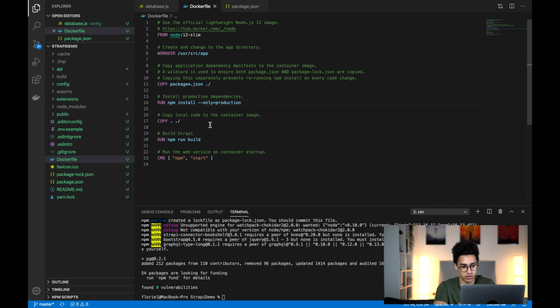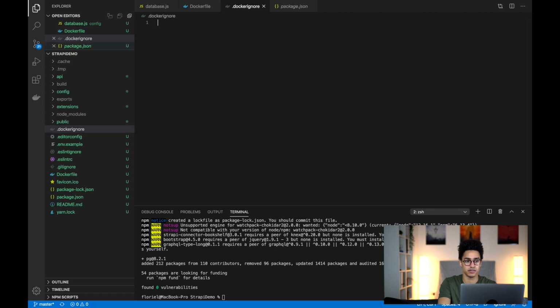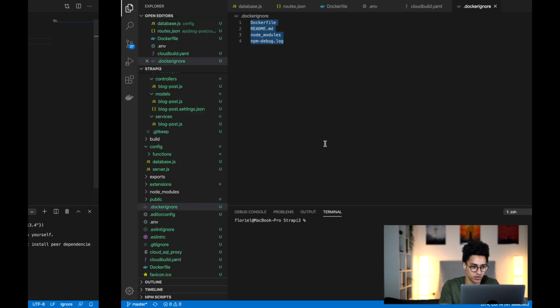Then you copy the local code to the container image, you are building Strapi, and then you are running the web service. You might want to ignore some files to be copied over, and so you can add a docker.ignore. Once you have a Docker file, you are pretty much set up for creating the image and uploading it to Google Cloud Registry. One thing that we're going to do is jump to